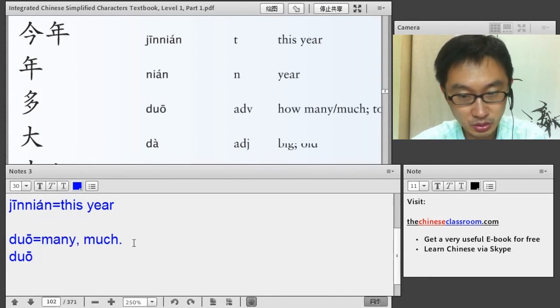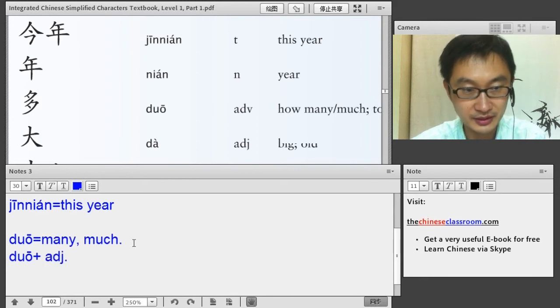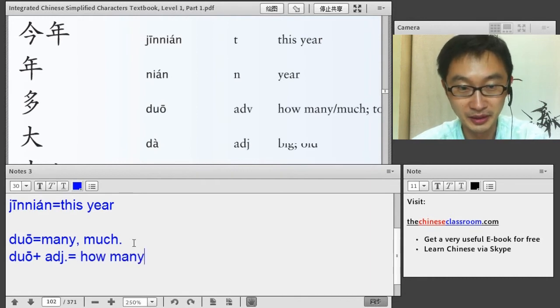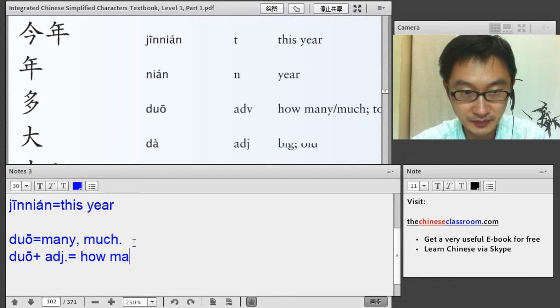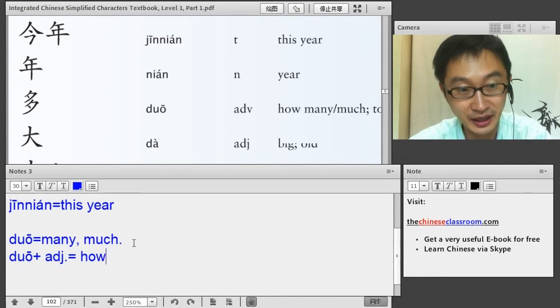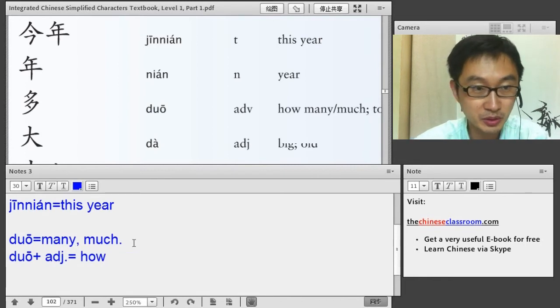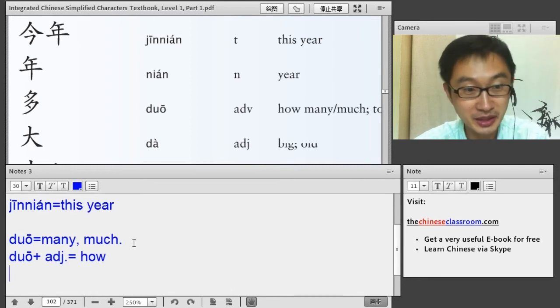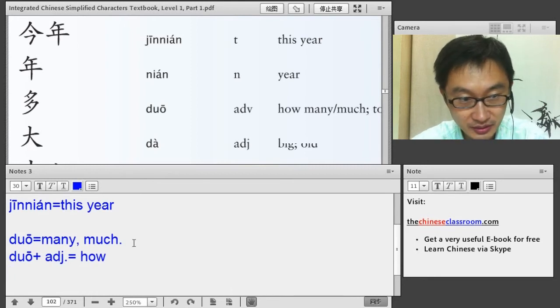So you will say 多 and adjective. It means how many or how something. Actually, not exactly how many, just how. Give example. You know, 大 is big. Can say